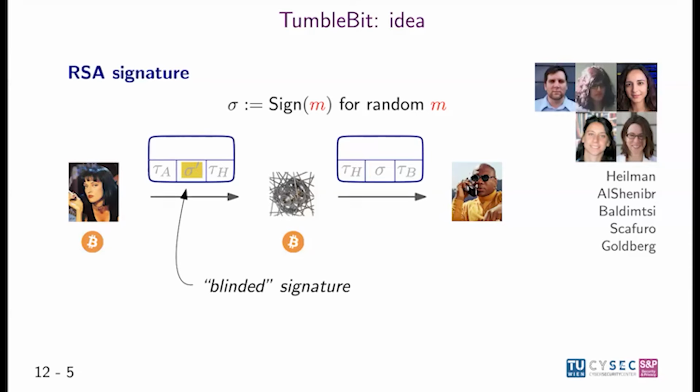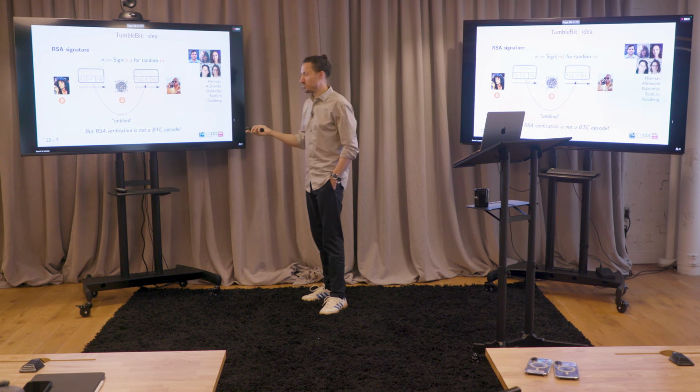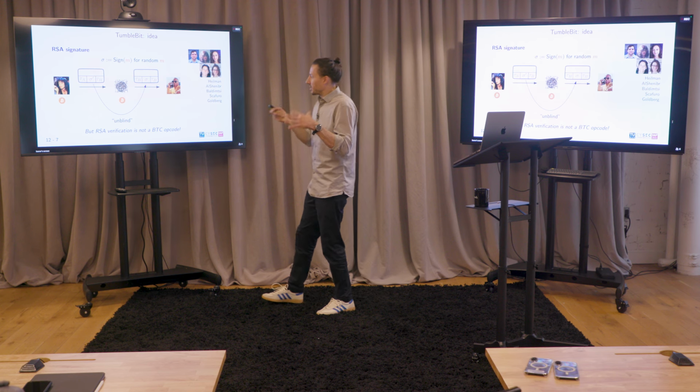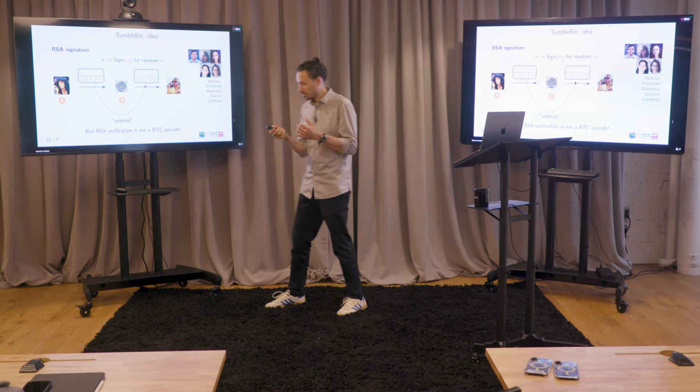So she takes the message M, runs the blind signing protocol, and says, payment hub, can you please issue a blind signature on this blinded message? Here's a transaction which you can only take if you give me a blinded signature. If the payment hub complies, then Alice can unblind the signature, give it to Bob, and Bob can redeem this transaction. That's something you could encode in Ethereum, but in Bitcoin you can't, because RSA signature verification is not an opcode. So they play some tricks to get the same functionality using different means.